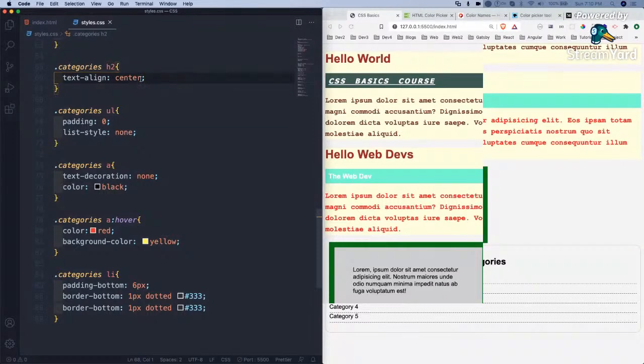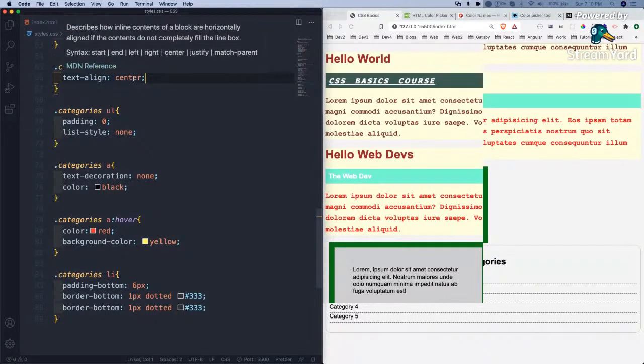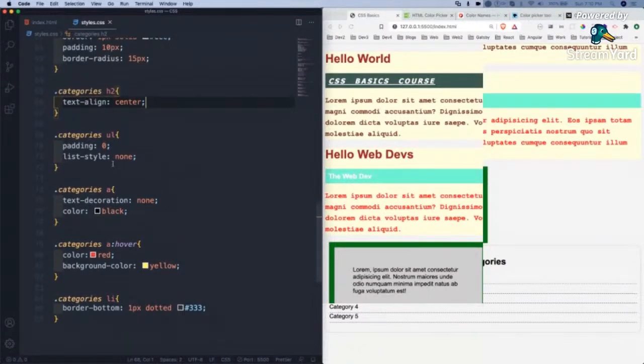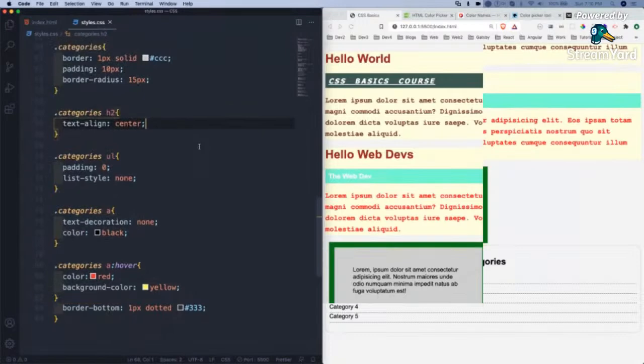The text-align center is there, you make it text-align left or something like this. Text list-style I have made none, so you make it something else. Instead of circle you can make it something else also. So your task is to do this whole thing we have done today again, seeing these videos and changing everything to something different. This is the assignment for today.